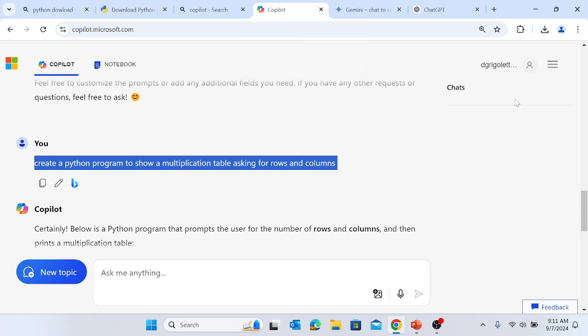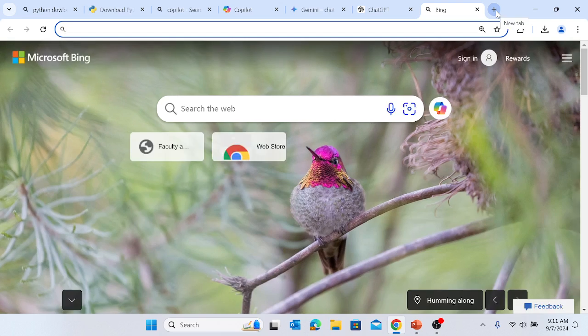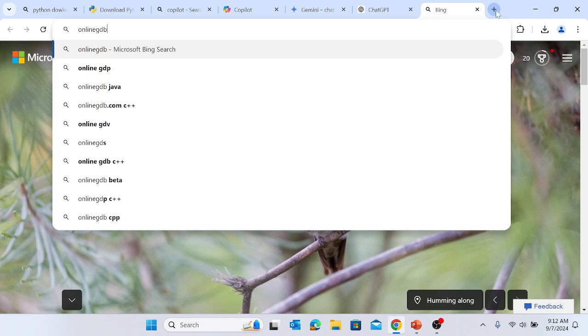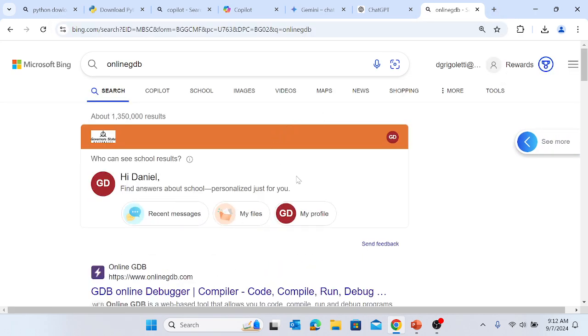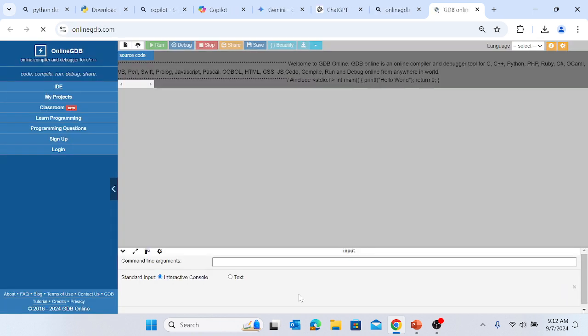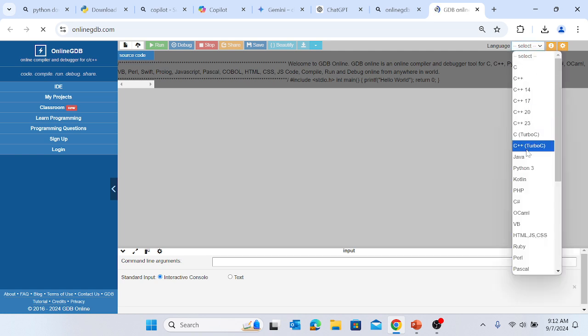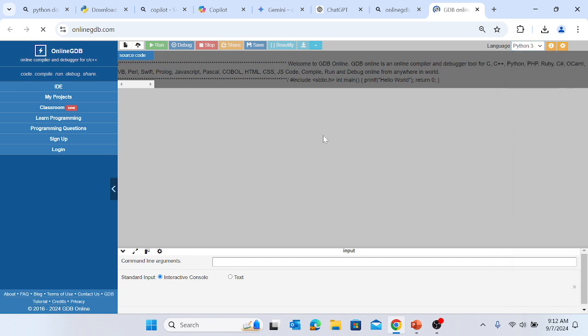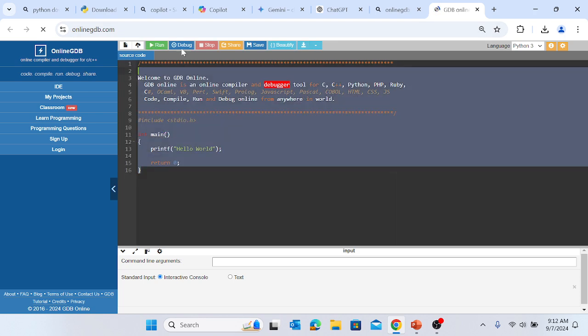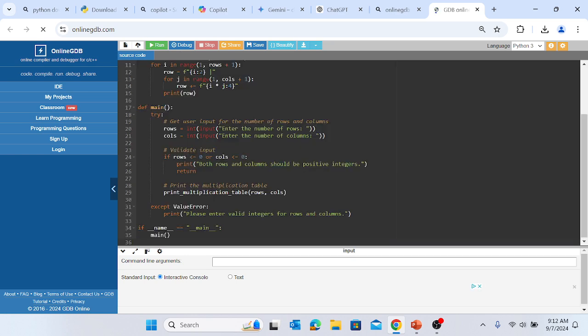If you want to test out code, a couple more things: if you want to go into this environment, online GDB, it gives you kind of like a baseline editor where you can select a language. You can see there's many languages. So if I want to do Python 3, and then it paused for a second there, but I just pasted in that code that does the multiplication table,